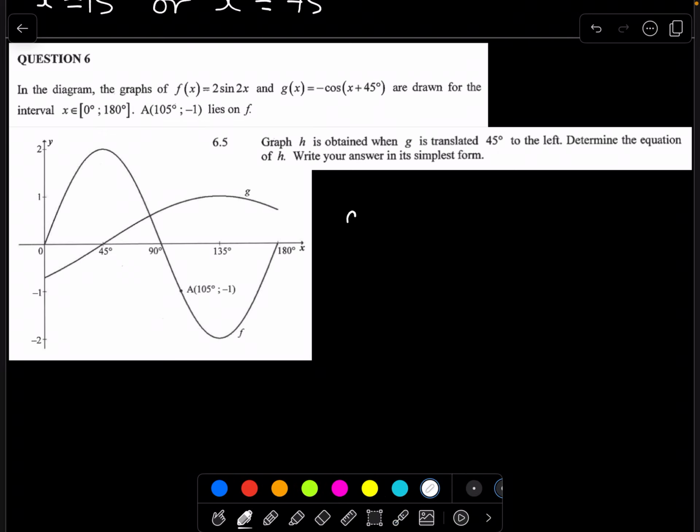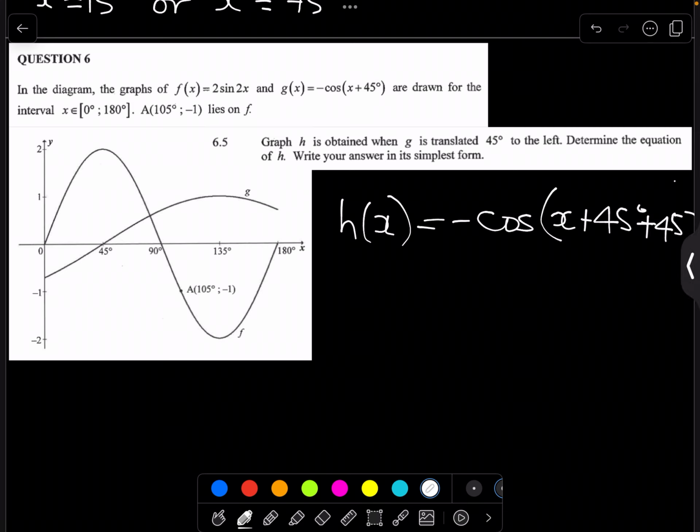So that will be, not g of x, the new one is now h of x is equal to minus cos of x plus 45 plus another 45. Okay, so that will be minus cos of x plus 90,